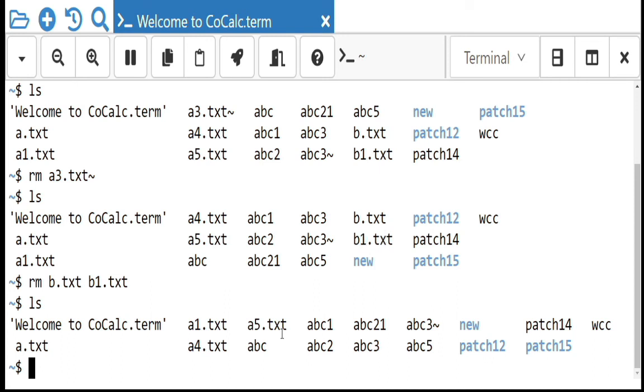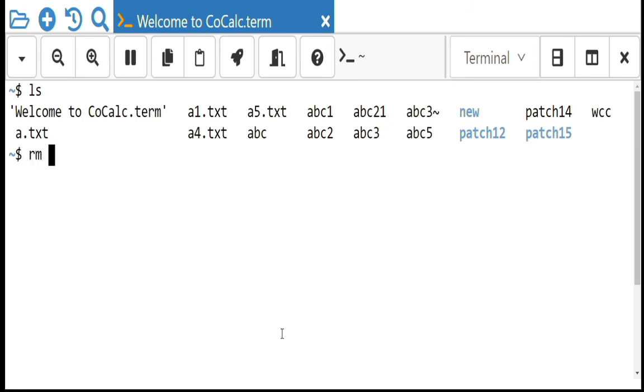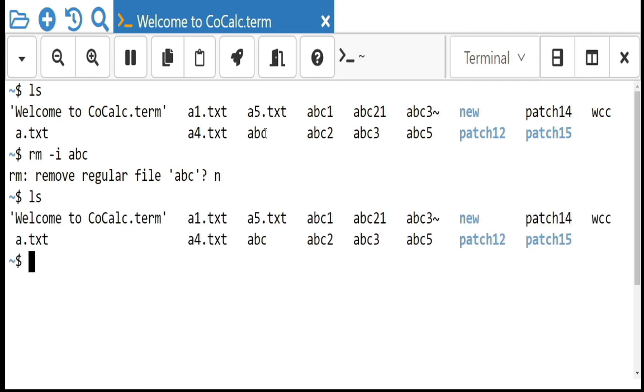Okay, now with the option we will see here, the option rm -i, before that I have to check which all files are there. Okay, then rm -i, now I want to delete abc, this file I want to delete. See what, remove regular file abc? The working of this option will be the same as your cp. It is going to ask the user whether you want to delete or not. If I am going to say no, that file will not get deleted. See here, abc will be kept as it is.